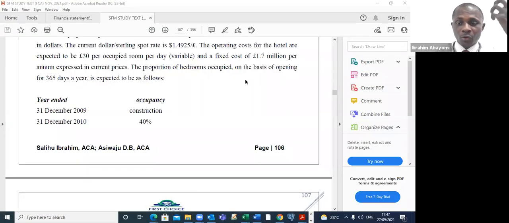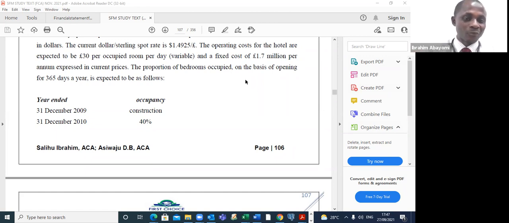All right, thank you. Because the currency I'm converting and the exchange rate are in the same measurement, I won't be able to multiply them. If you multiply naira by naira, you get naira square. You understand? So I have to arrange it in such a way that the naira will cancel each other. So in that case, I'm going to divide.